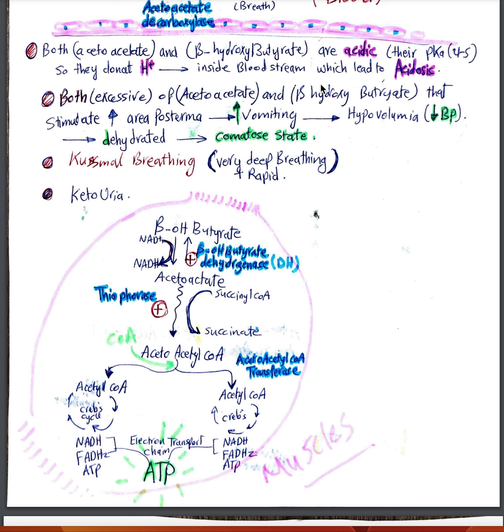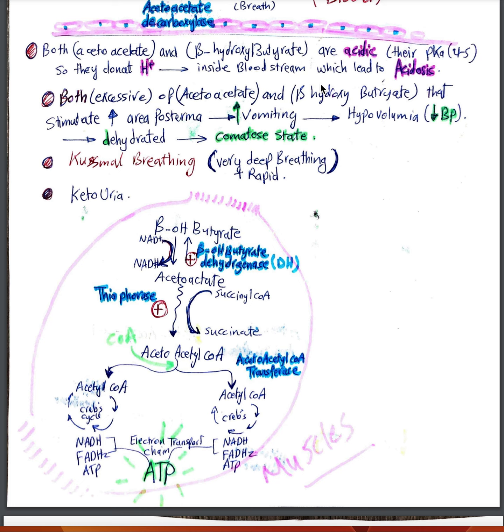And now I want to explain why type 1 diabetes causes diabetic ketoacidosis, which is very, very common in type 1 and not common in type 2 diabetes mellitus, because we know that insulin inhibits ketosis and inhibits lipolysis. Okay, there is no ketone. If insulin is present, there is no ketogenesis, there is no lipolysis.